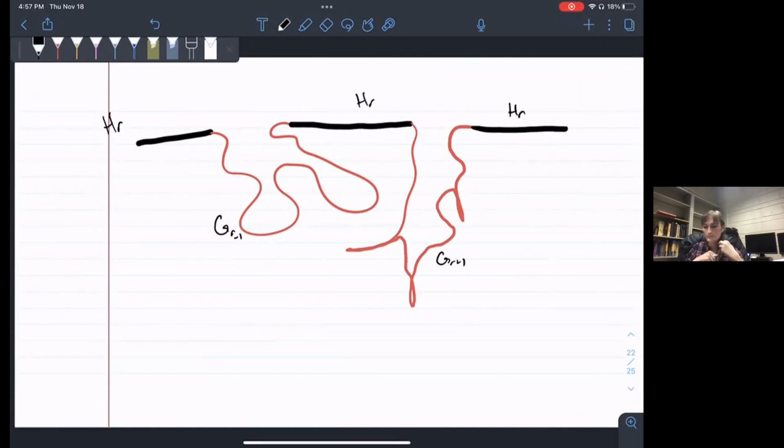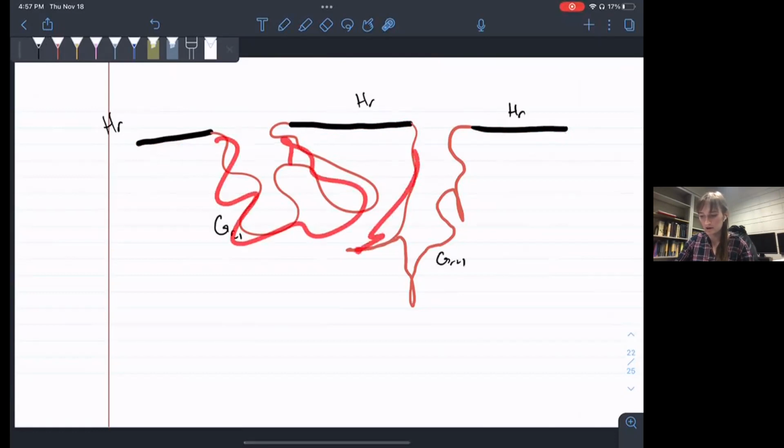So the relative train track map condition says basically that you really do see this exponential growth of lengths of paths, at least relative to H_R. So the number of edges that happen to be in H_R grows exponentially. And if you just forget about what's happening down here, you get, in a precise sense,